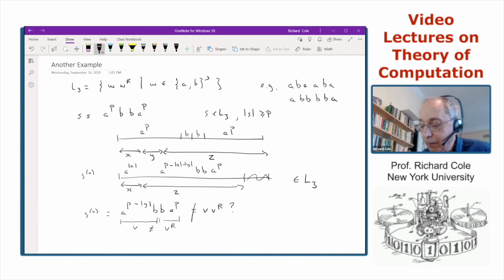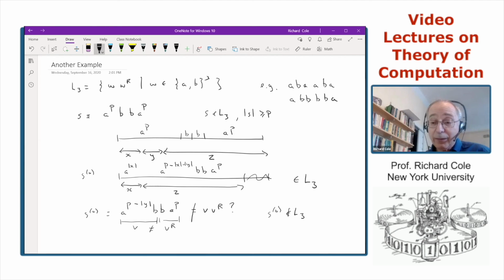And so S0 is not equal to VV reversed for any possible V. So S0 is actually not in L3. And I've got a contradiction because I've shown S0 is in L3 and S0 is not in L3. And therefore the assumption that I started with, which I didn't write down, namely that L3 was regular, is not